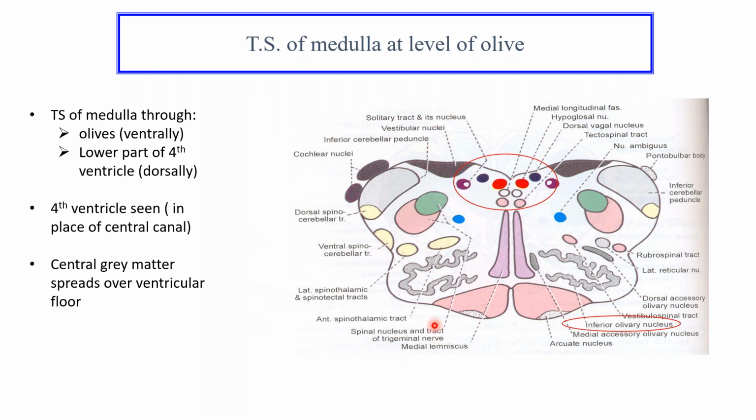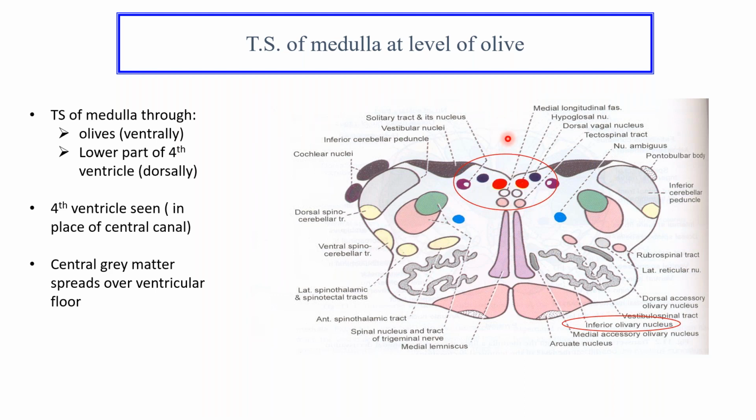Olives are seen ventrally, and posteriorly the lower part of the fourth ventricle dorsally. Dorsally, you can see this is the area of the floor of the fourth ventricle, because this is in relation to the open part of the medulla. So this blank area over here is the fourth ventricle. You do not find any central canal. Remember, you cannot find any central canal because this is the open part of the